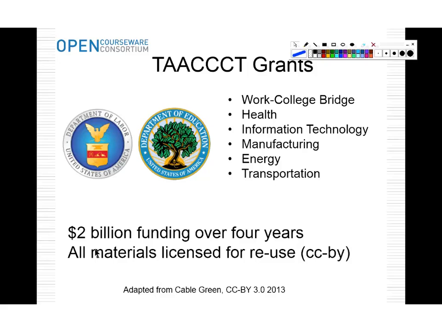Yeah, the Trade Adjustment Assistance Community College and Career Training grant. That's pretty good. Yeah, it's the $2 billion grant. What we got was a $21 million grant among 7 colleges to build IT and GIS. Exciting. All right. And what's your name? Philip Davis. Philip. Okay, so Philip Davis just explained to us that he's at a college in Texas, and they got $21 million as part of a TAA grant to develop ICT and IT curriculum.